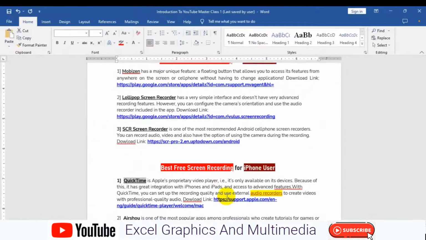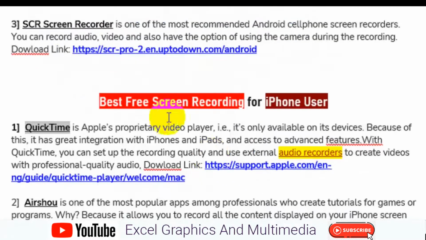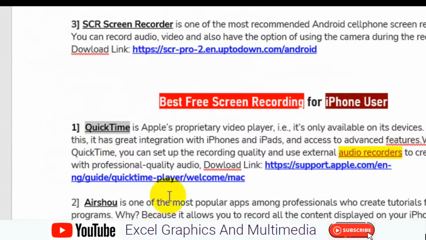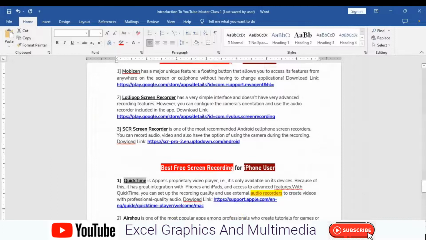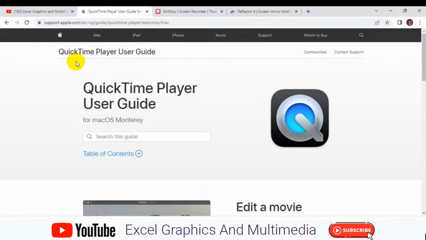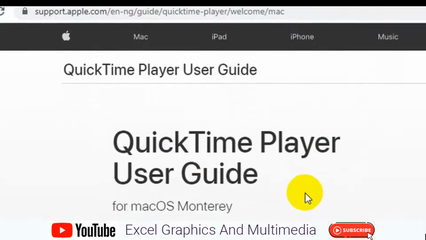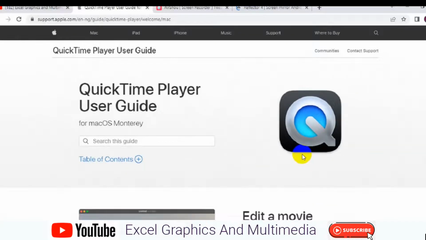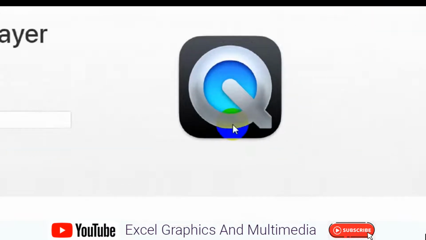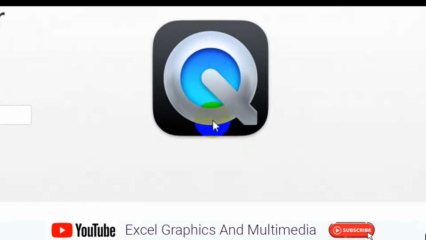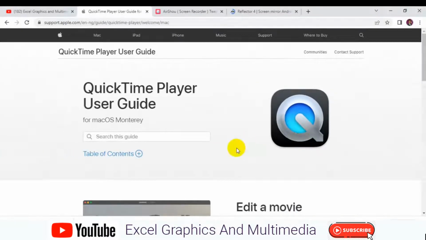All you have to do is look for this particular name on your iPhone, or copy the link and paste it in your browser. When you use the link, you're going to have something like this. This is the QuickTime Player user guide. This is just the icon when you get it on your iPhone, so you can use it to record